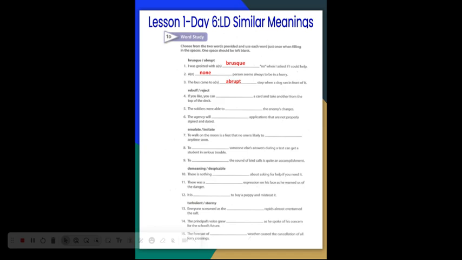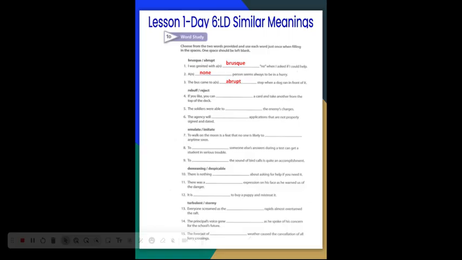Okay, number 2, the second section, rebuff or reject. You're going to look at 3 sentences here and decide which word fits best and which sentence has none of these 2 choices. If you'd like, you can blank a card and take another one from the deck. Number 5, the soldiers were able to blank the enemy's charges. And number 6, the agency will blank applications that are not properly signed. Again, what's the difference between the word